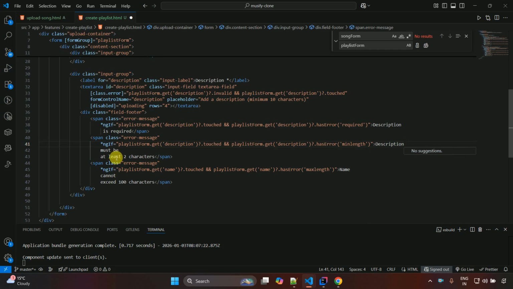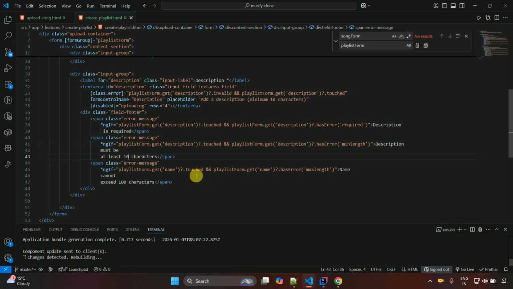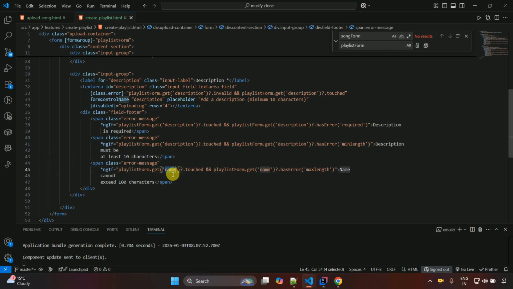Description must be at least 10 characters, so just write 10 characters, and after that the last one is also like description, here also description, and here also we have to just pass this description. Theme cannot exceed 500 characters, here we have to write, and just after this span, the next one, which